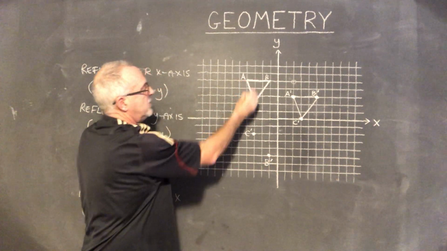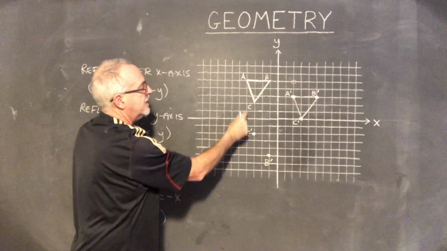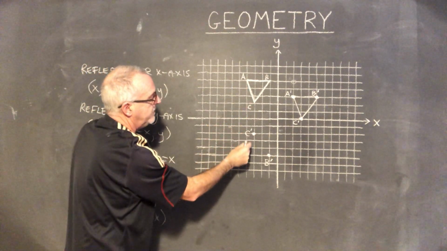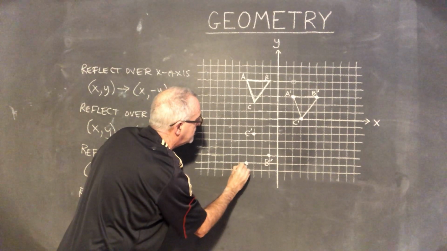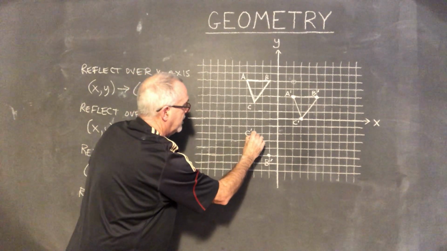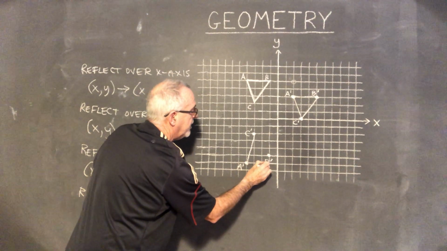And now A is also 5 units above the x-axis, so its mirror image is going to be 5 units below. It's going to be right here, and I'll label it. There's my A prime, and then I connect the dots. Even without a rule,